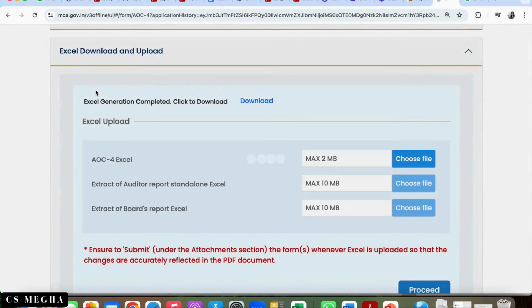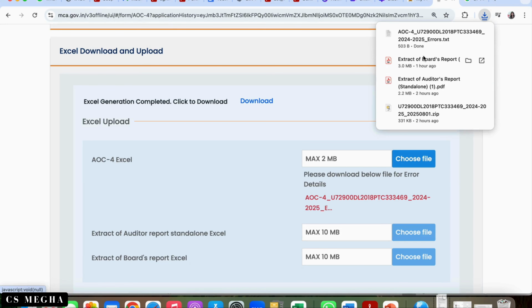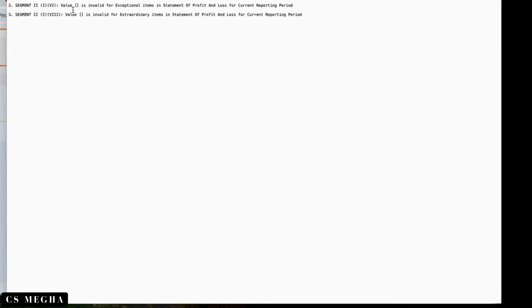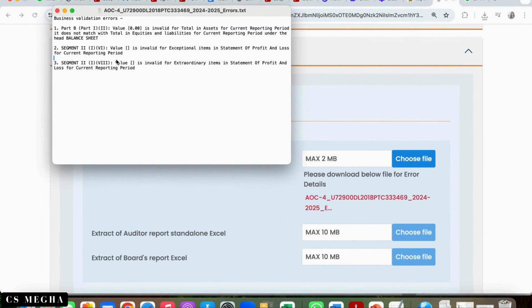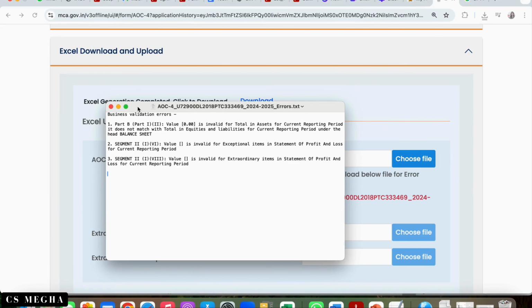Now here errors are there, so this txt file is generated. So all errors are mentioned here. So I'll again open my Excel sheet, AOC4 Excel sheet, and do the required changes as asked in this error report.